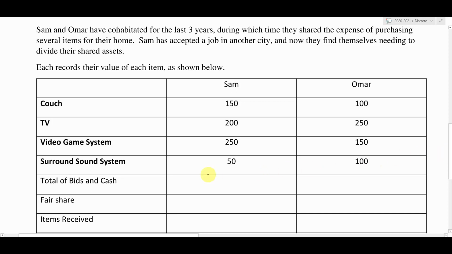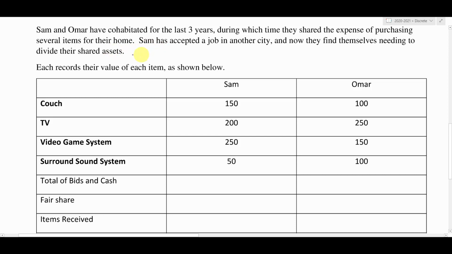And let's take a look at our first scenario here. We have Sam and Omar, who have cohabitated for the last 3 years, which means they shared an apartment, and during which time they shared the expense of purchasing several items for their home. Sam has accepted a job in another city, and now they find themselves needing to divide their